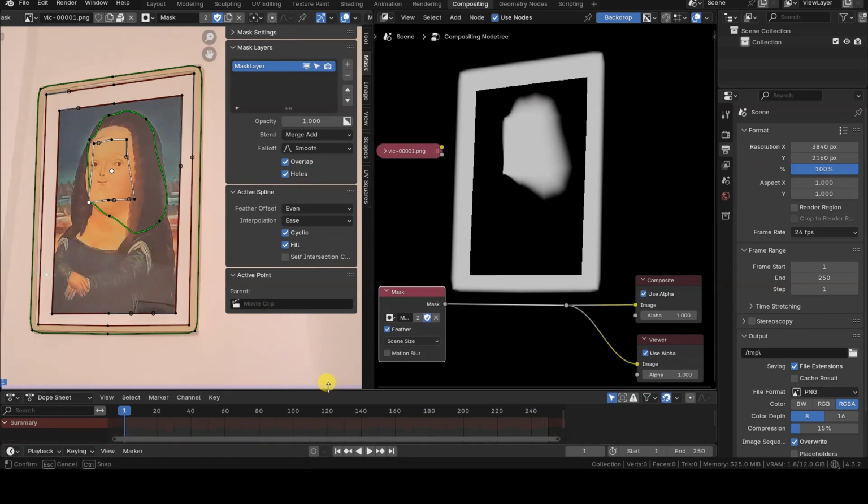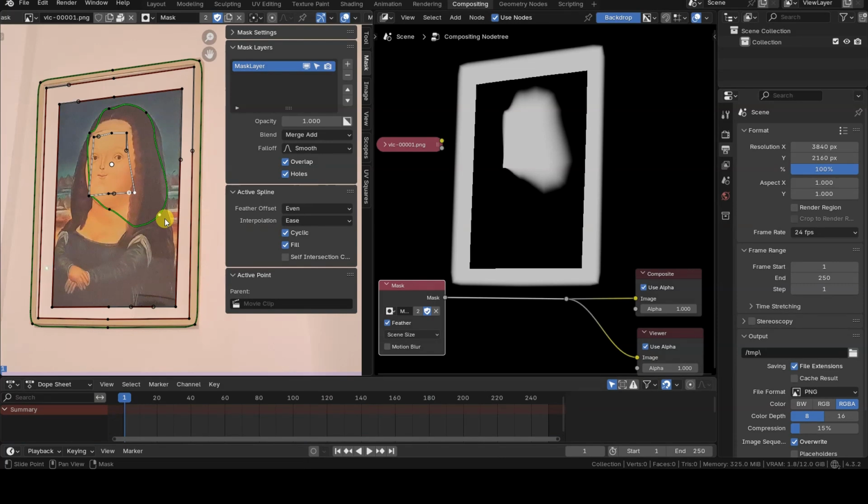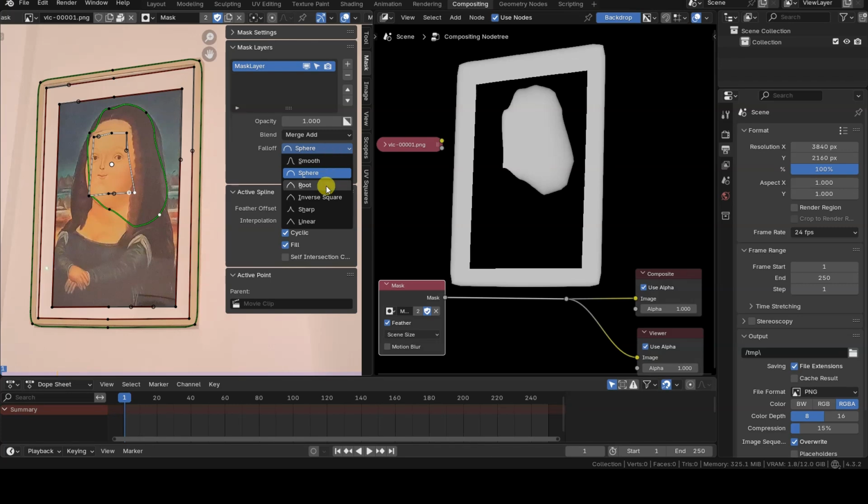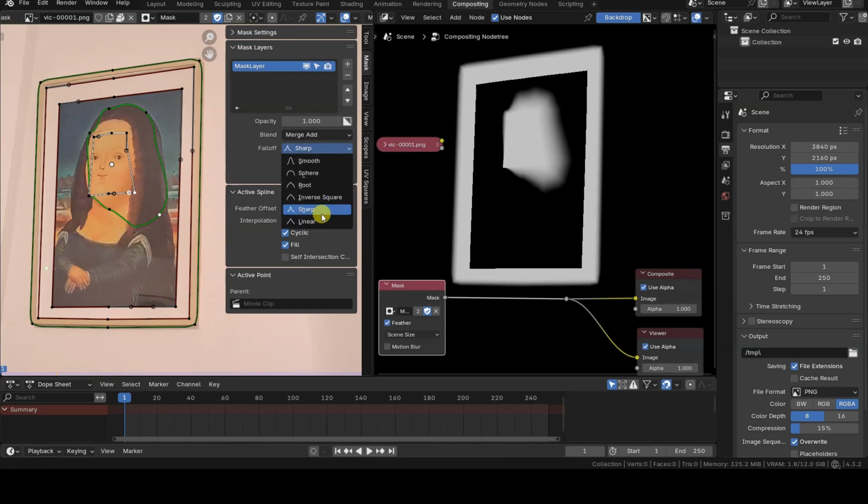The control points of the outer edge of the feathering can also be animated, just like the mask control points, by inserting keyframes on the selected points using the I key. So this blur effect can also be animated if needed. To wrap up this topic and the tutorial, I like to point out the fall-off menu in the Mask Layers tab, which lets you change the interpolation between the inner and outer edges of the feathering. That is how the mask's gradient is blended.